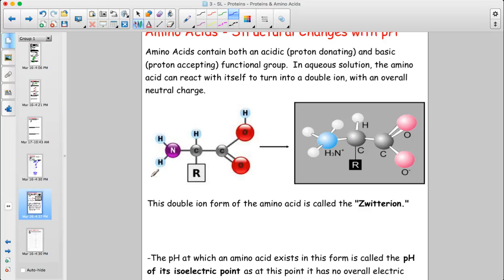An amine group is really a base. It's a proton acceptor because the nitrogen atom has a lone pair of electrons, which is fairly good at taking protons away from other things. So think of ammonia, think of amines. So the amine group is a weak base, and the carboxyl group is a carboxylic acid. So you should think of this group as being a weak acid. So you've essentially got something that is both a weak base and a weak acid.